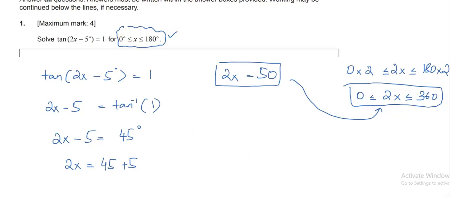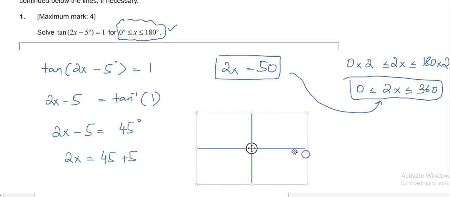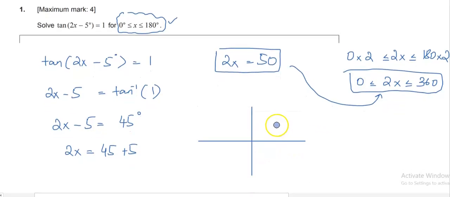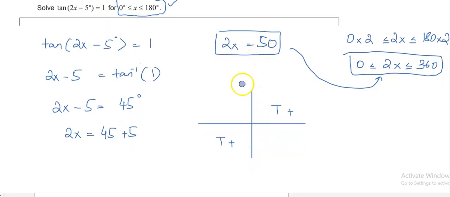degree range. Now we'll draw the Cartesian coordinate system, and we know that in the first quadrant and in the third quadrant tangent is positive. So we have 2x is equal to 50. This means a 50 degree angle in the first quadrant, that is what we have. Now because tangent is positive in the third quadrant, with the base of the third quadrant I'll make a 50 degree angle which is going to go in this direction. Now we always measure the angle from the first quadrant, so we start from here, come to this point and then add this up here,